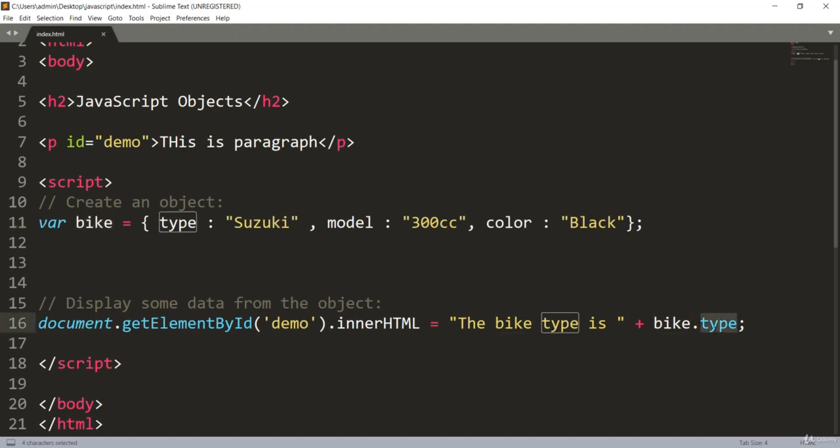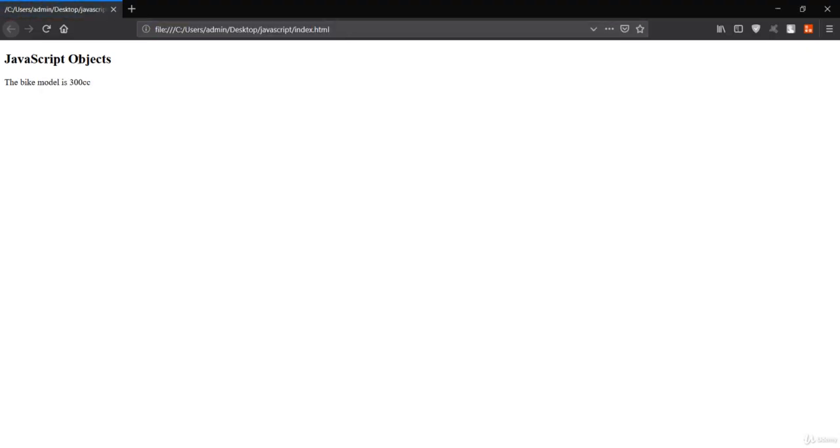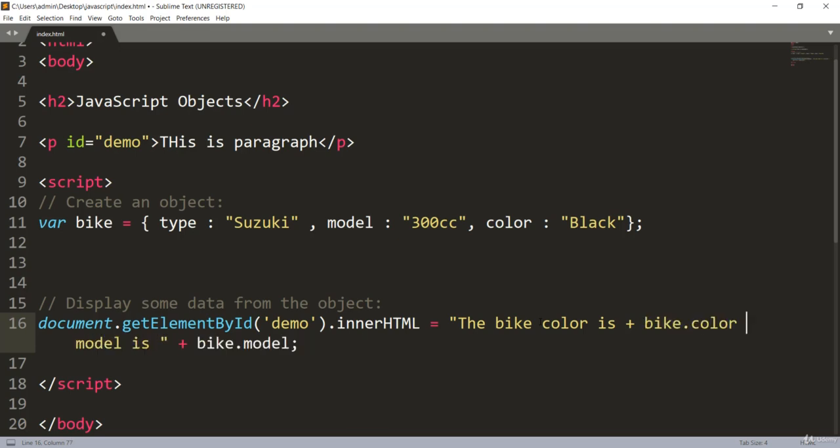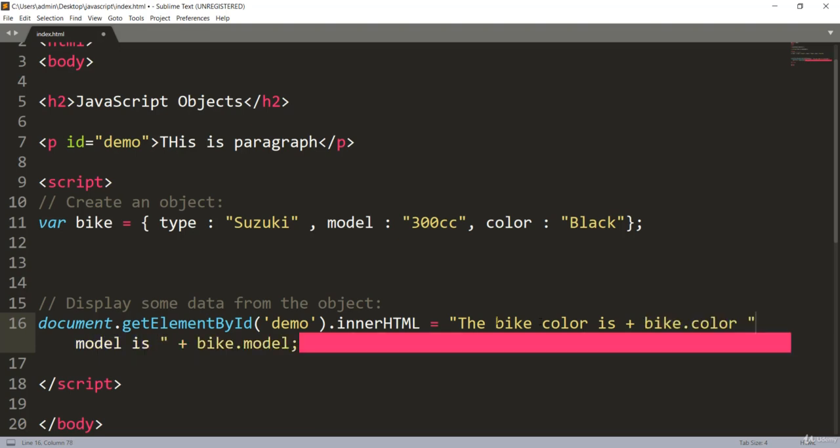You can also say something like model, and you will change this bike model to. So I'll refresh again, and the model is 300cc. If you want to make something like bike color is, let me say color is, and I'll concatenate this with bike dot color, and after that I want to give again.